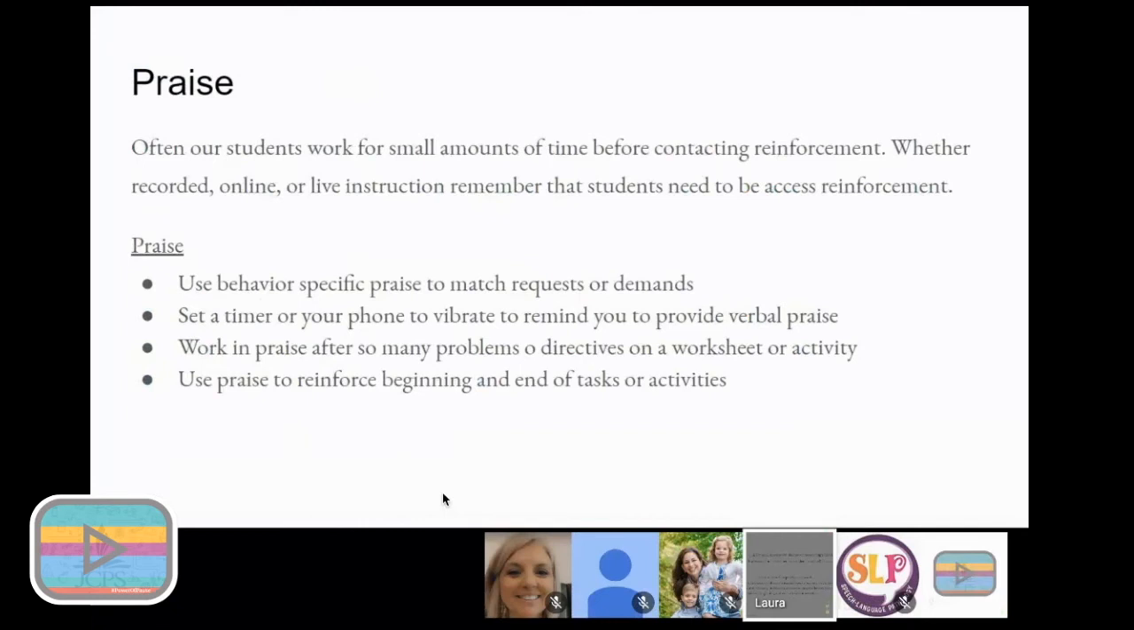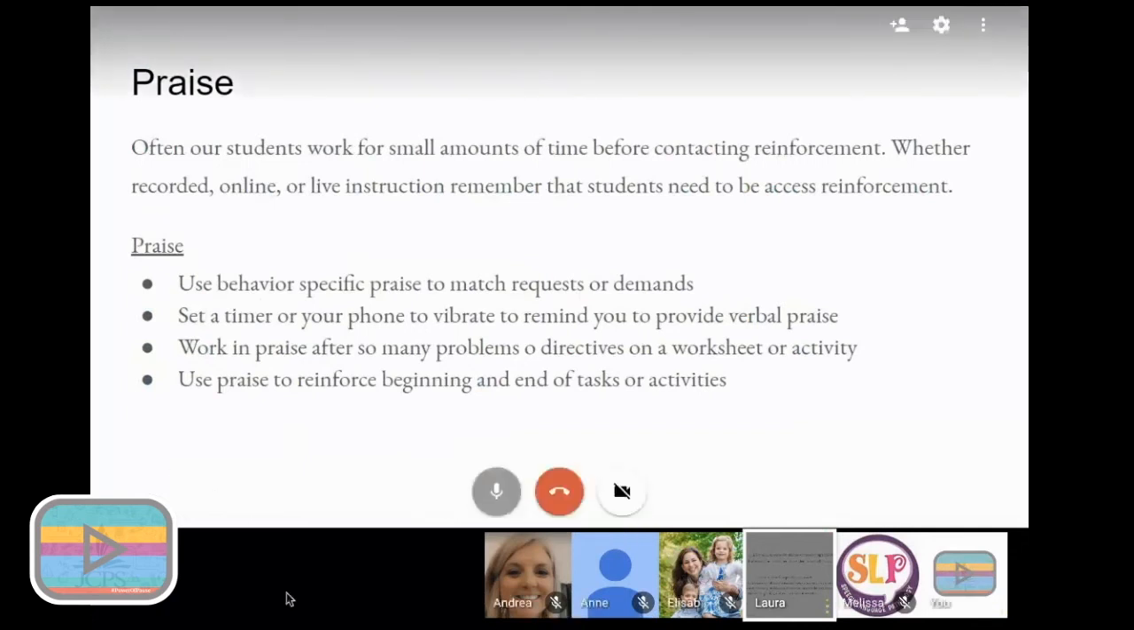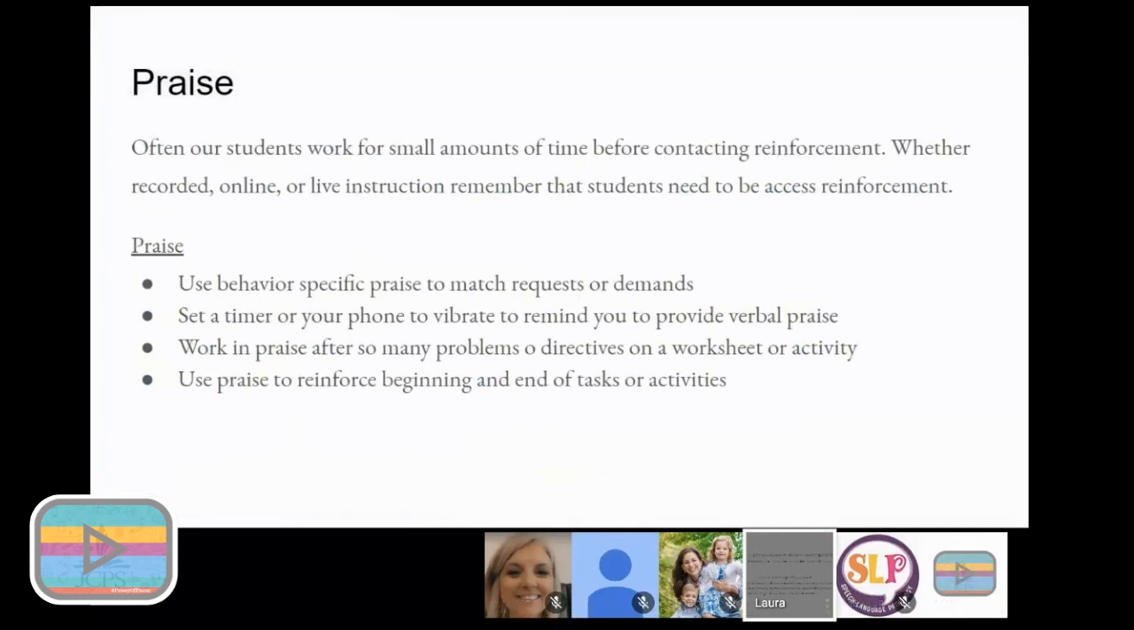And so when you're working with your students, some ways you can kind of work praise into your virtual classroom or modeling for those parents and talking with parents is model and use that behavior specific praise and make sure it matches the demands. We know as classroom teachers that when stuff is more difficult, we need to praise more often and be more specific. So thinking about that within your classroom, you may want to, as you're virtually teaching, set a timer on your phone to vibrate to remind you,